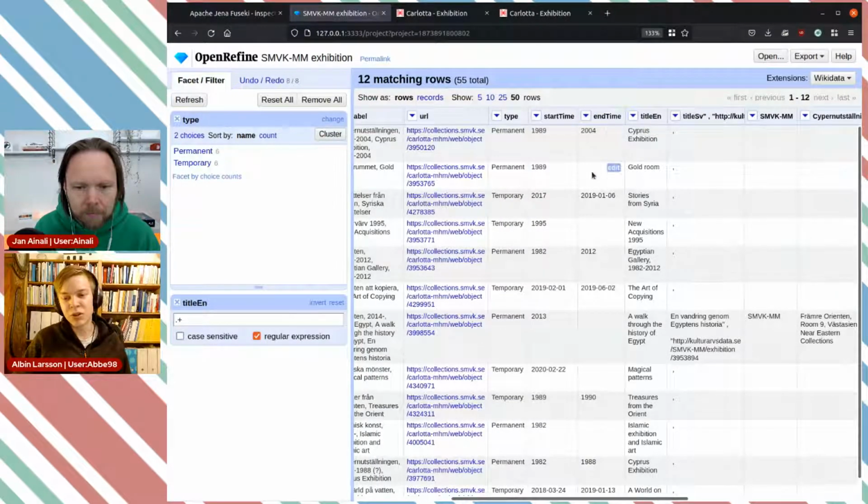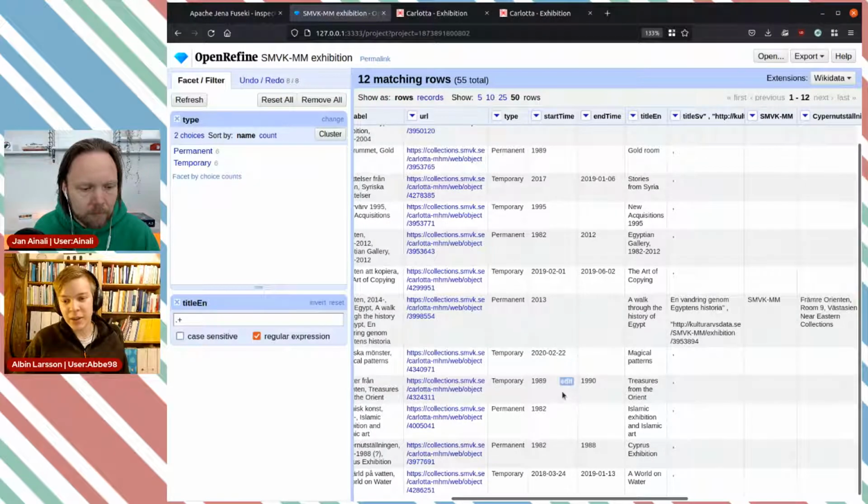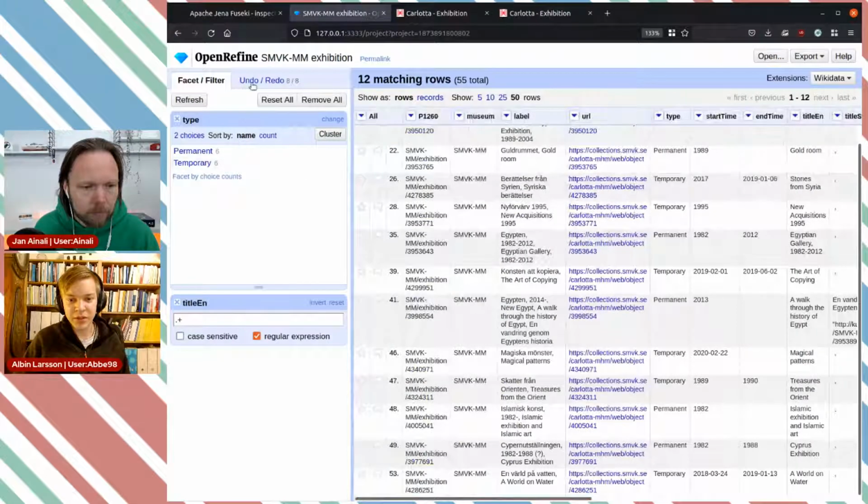Another thing that is usually a very common thing you need to clean up is the start and end dates. But this data set actually happens to be very nicely formatted. It's entirely structured the way I want it. So